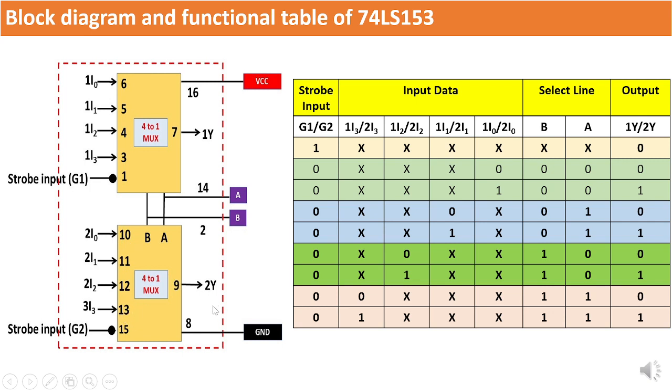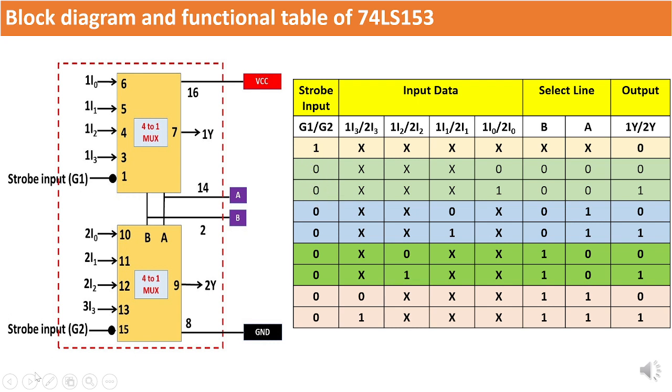Now, let's examine the functional table of the IC 74153. When either G1 or G2 is connected to logic 1, regardless of the input states, the outputs will be set to logic 0, effectively disabling both multiplexers. To activate both multiplexers simultaneously, you need to connect G1 and G2, i.e., pin 1 and pin 15, to logic